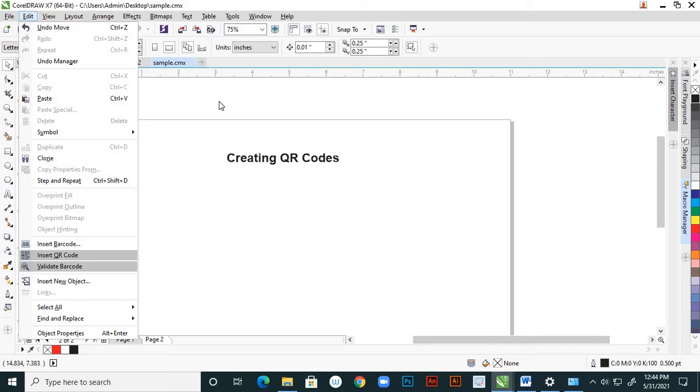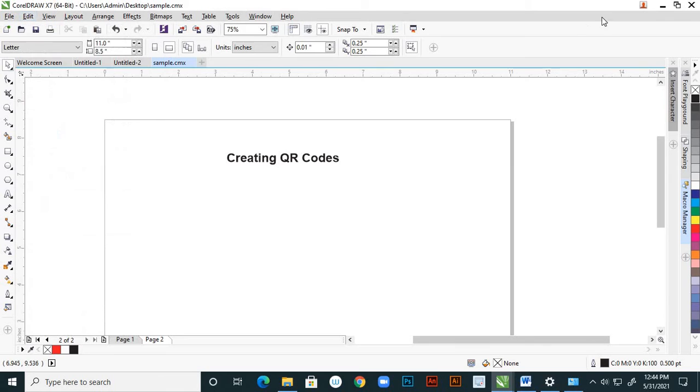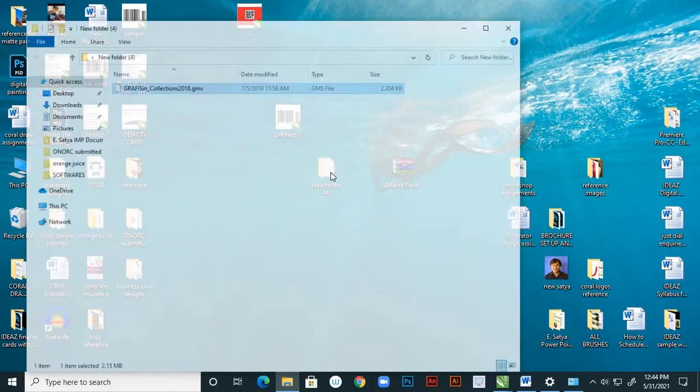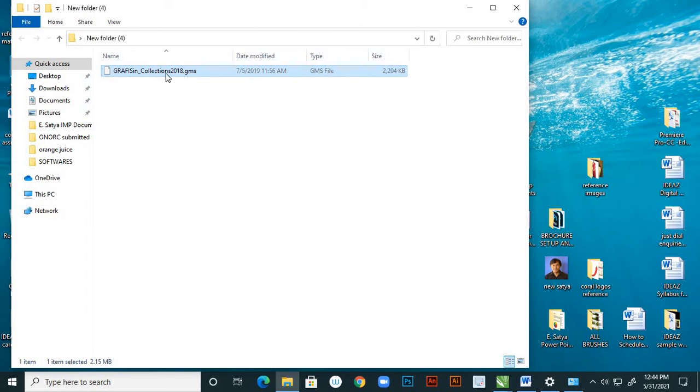You can download those macros. I downloaded this, it is my macro pack. So unzip this, and after unzipping that collection, you can copy this.